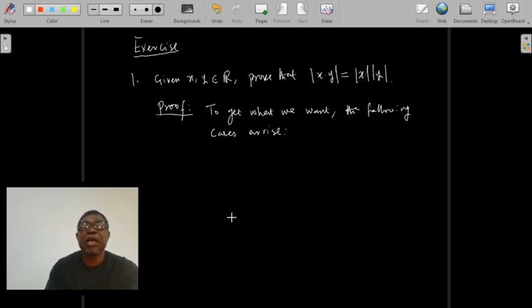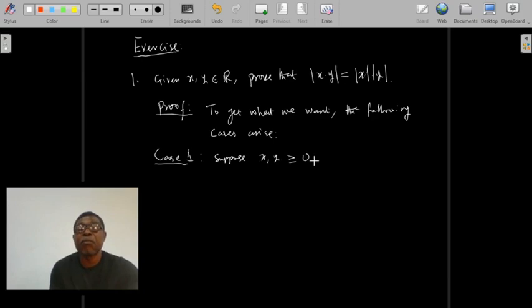Case one, here we will require that, suppose x, y are both greater or equal to 0. If x, y are greater or equal to 0, then